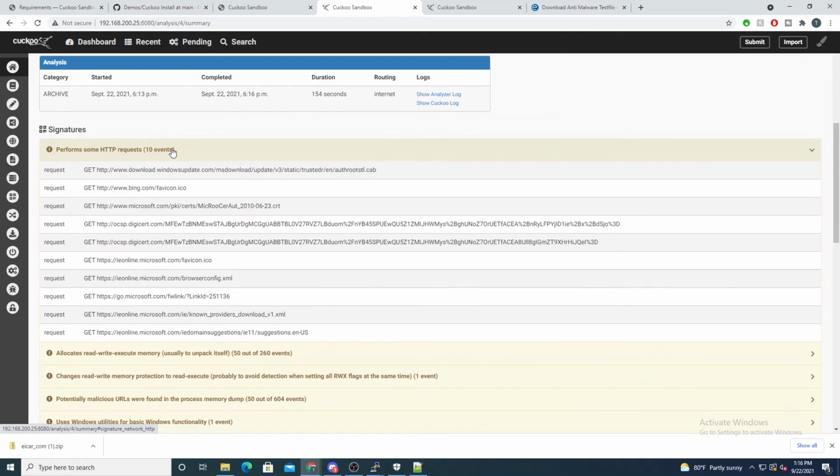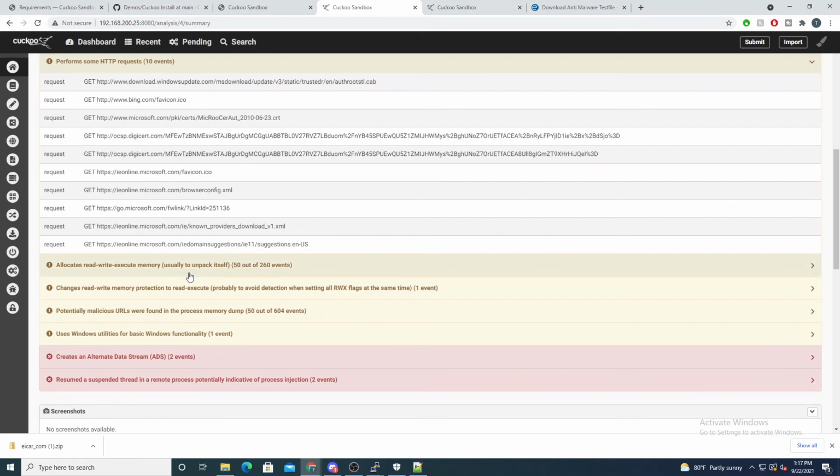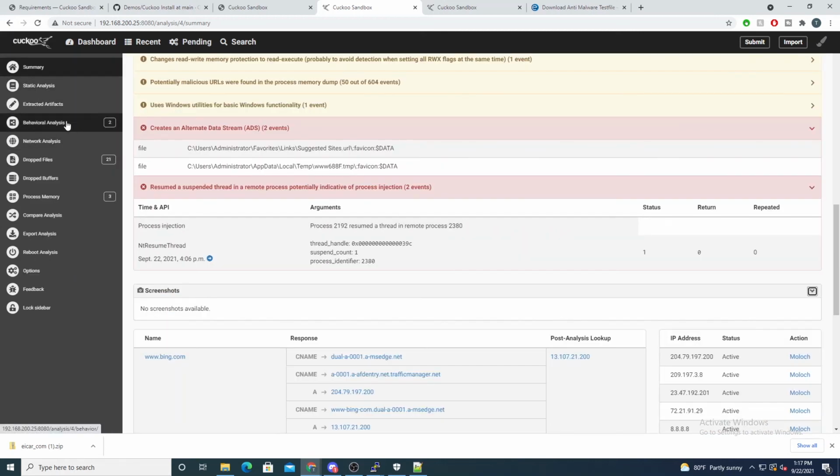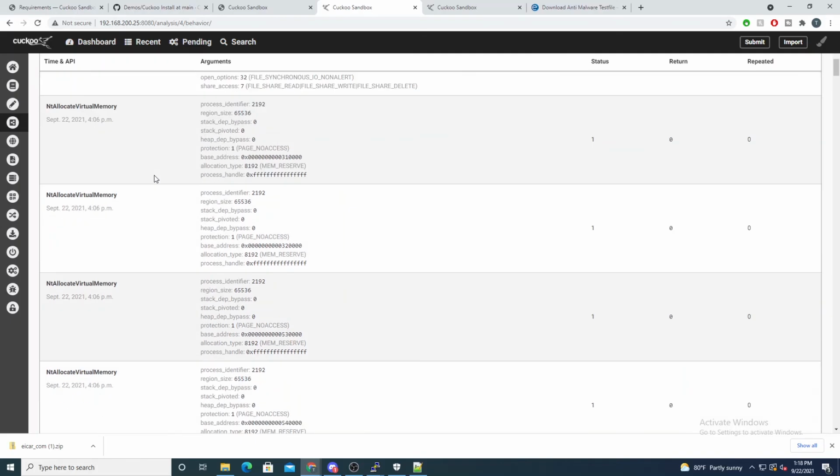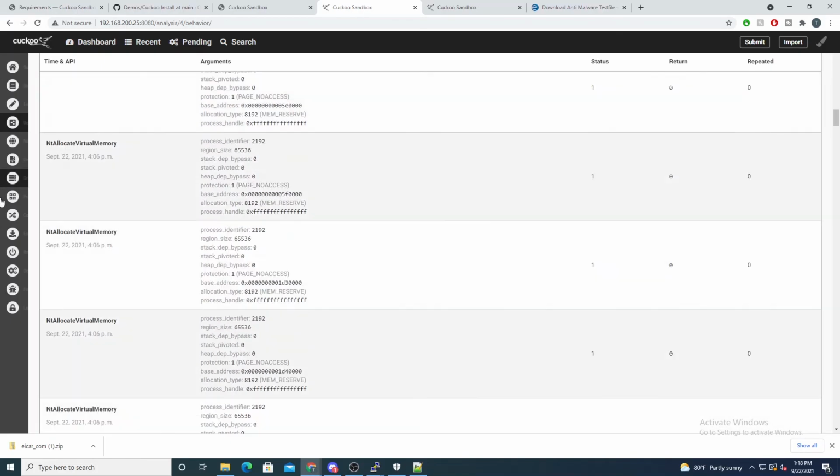And then you'll be able to look at all these signatures. By default, it looks like Internet Explorer, when it launches, is trying to grab various certs and data from Microsoft and Bing. On the left-hand side here, you'll also see these other categories that we can go into. Like, what's the behavior that's being done? Here you can see it's using the Internet Explorer executable to actually launch this, which, granted, this is just a text file, so it's not going to be doing anything browser related,